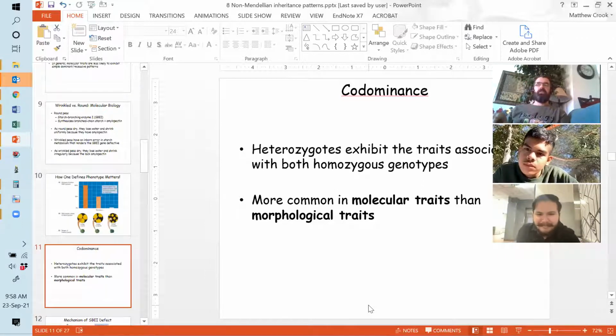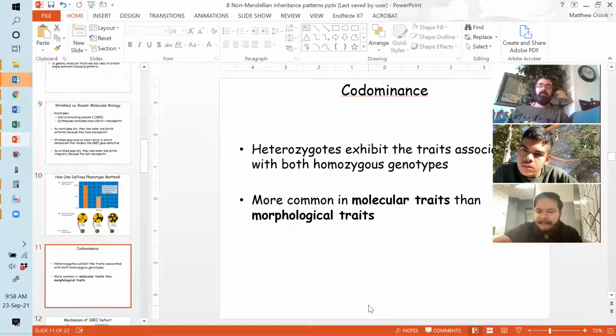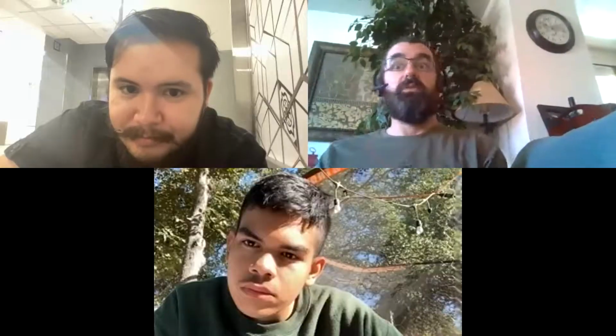Codominance is actually trickier to get, and it's much more likely to be a molecular trait rather than something you can see with your eyes, because you can express both alleles at the same time. And so my favorite example, and I love talking about this because it's just super neat,